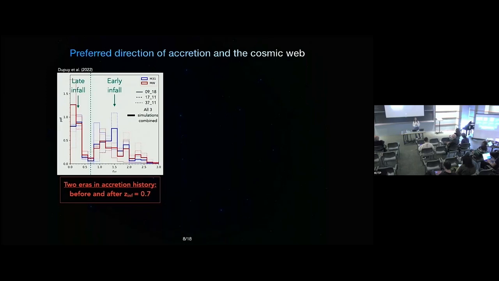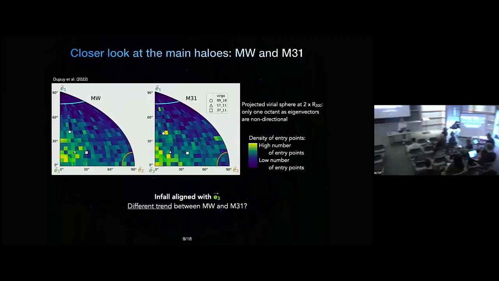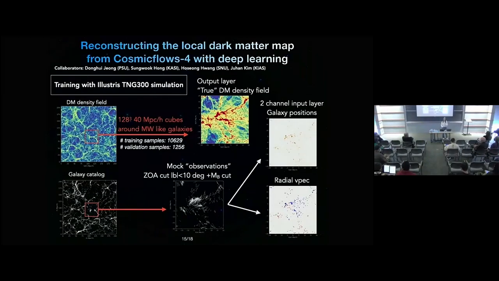Maybe I missed it, but can you say a word of when you reconstruct the dark matter map from the neural network? On up to what scale can you go? Yes. I went very fast at that point, so I missed many details. So for now, we are constructing the dark matter map